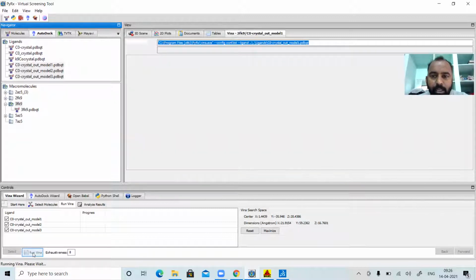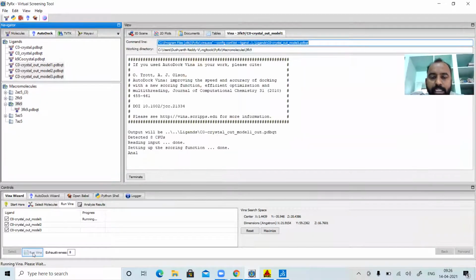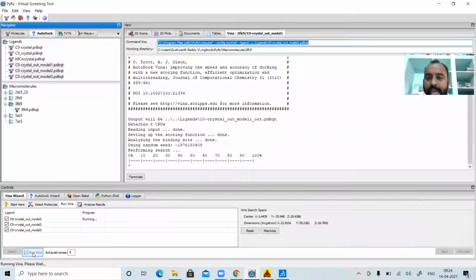Once you do this, all your docking results will be generated in a fraction of seconds, based upon the configuration of your laptop or computer. If you have an i7 or i10 or a gaming laptop or a computer which is a very high performance machine, this execution takes a fraction of seconds.